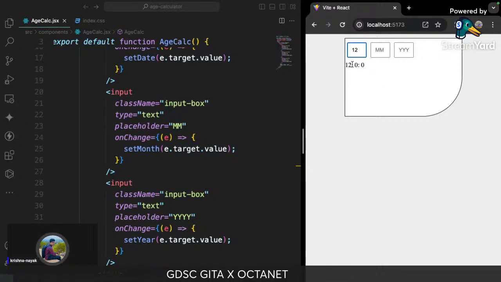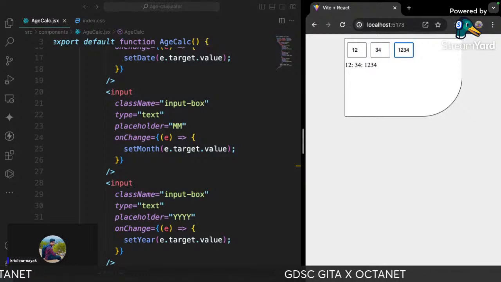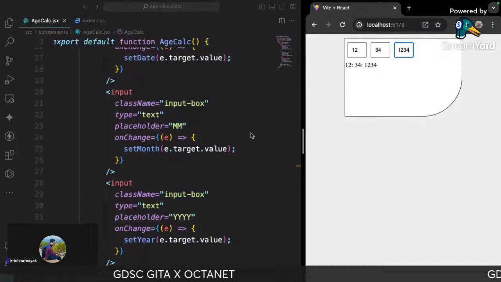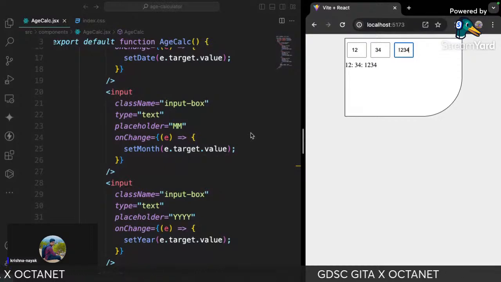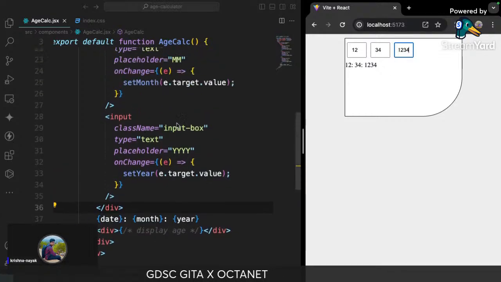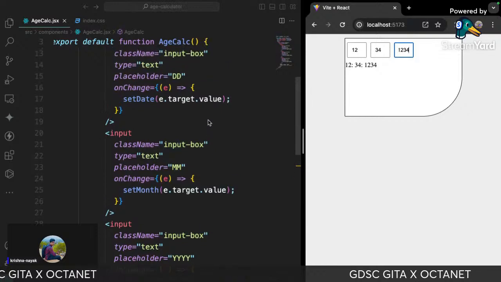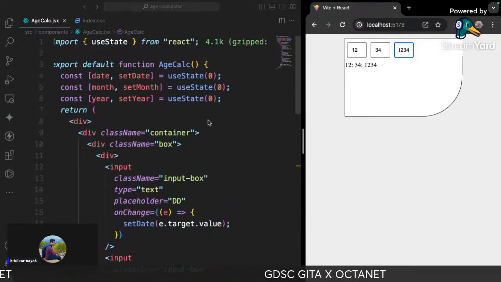See, simultaneously it's getting updated over here, 34, 2, 1, 2, 3. Okay, so we are getting the update of the value. Now what we're going to do